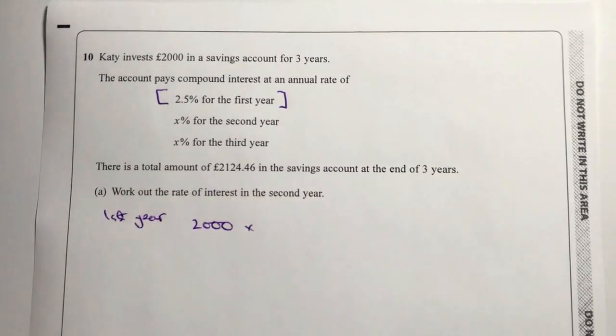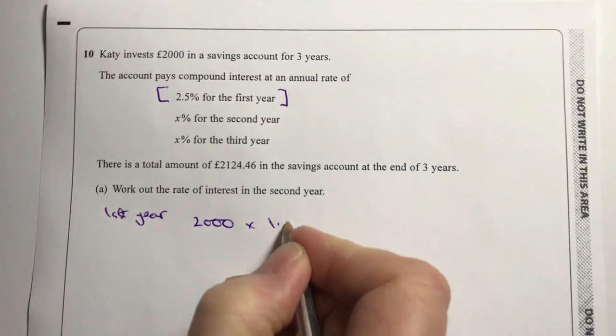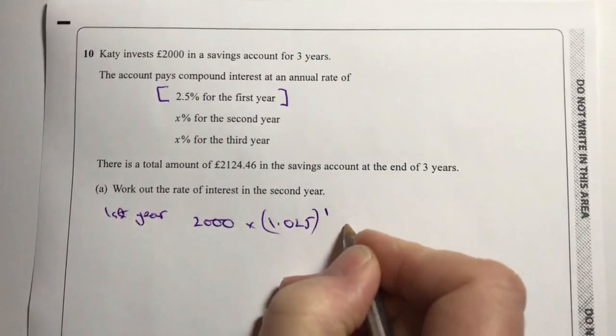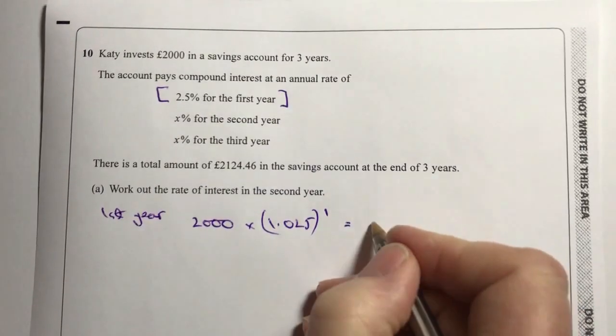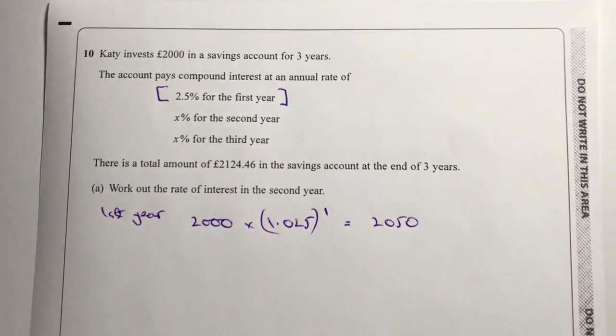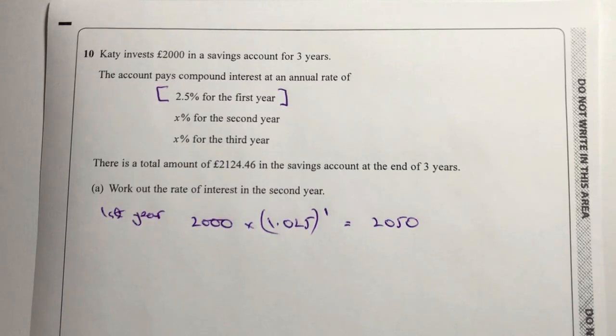Now I'm going to use the formula for this. What I'm going to do is multiply it by the multiplier, which is 1.025, and that's to the power of 1 because it's the first year. So at the end of the first year, she's got £2,050. Now, if you're not sure about how I've done this, I'll just divert very briefly to say that this is the same as saying